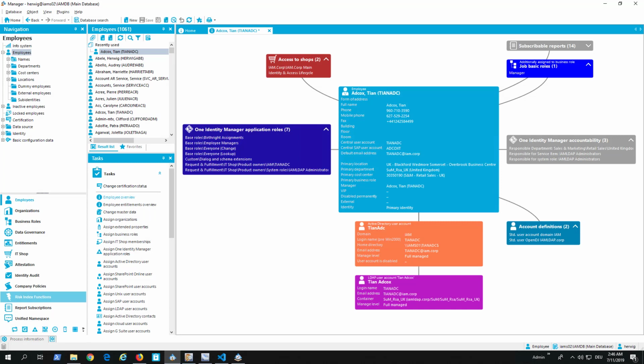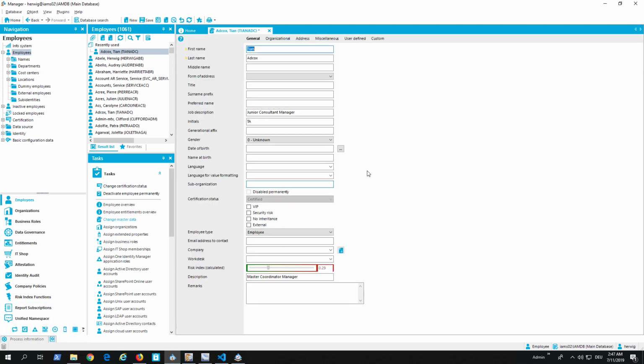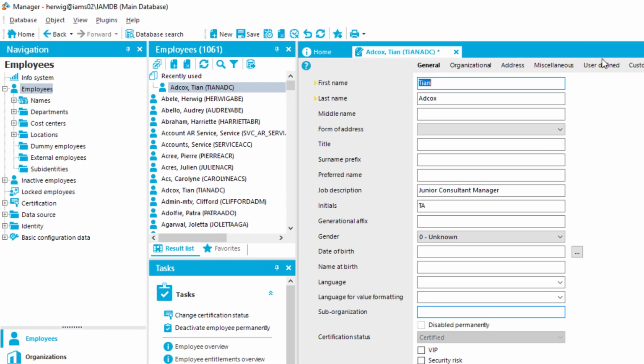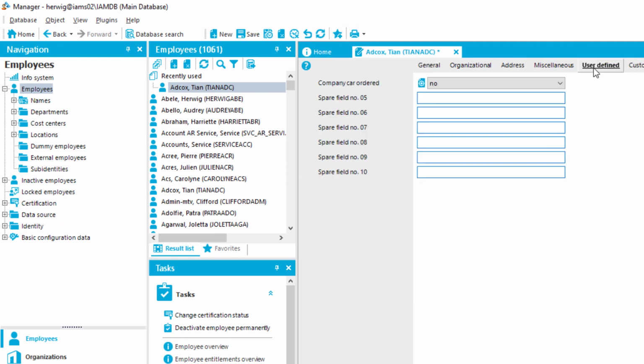Let me show you something, and then I will directly show you the new features I used to implement the behavior. As you can see, I'm in the manager, and in the manager there's just one employee on the screen. I step into the master data of that specific employee and select the tab user defined. As you can see, there is one custom property named company car ordered, and you can see that a subset